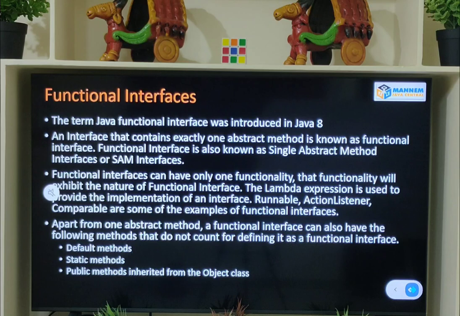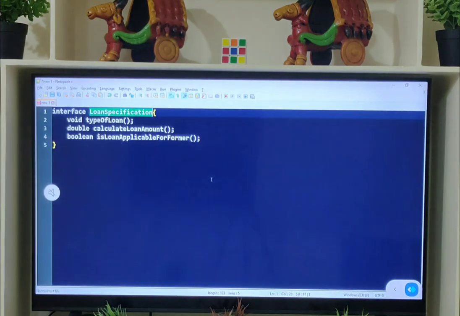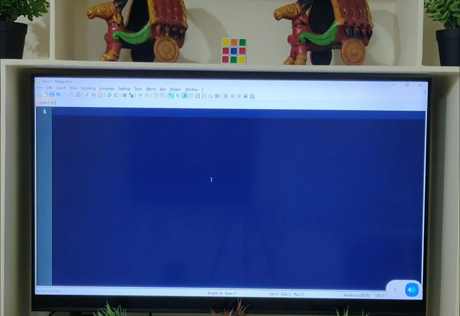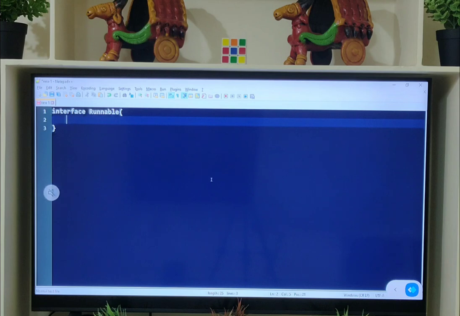That method is used to deal with the thread, like running the thread, creating the thread, and so on. For example, see here, I have the functional interface Runnable. This functional interface Runnable has the run abstract method. So what is the use of this? What is the functionality of this run method?